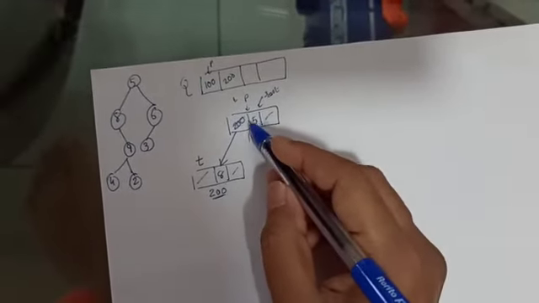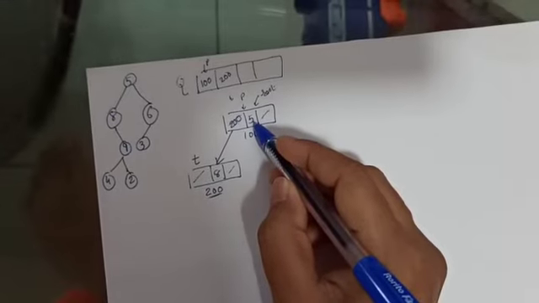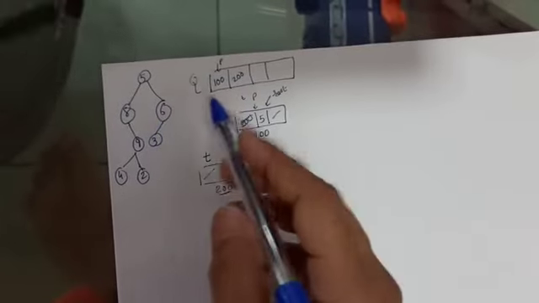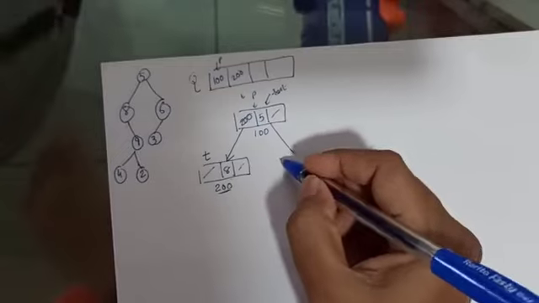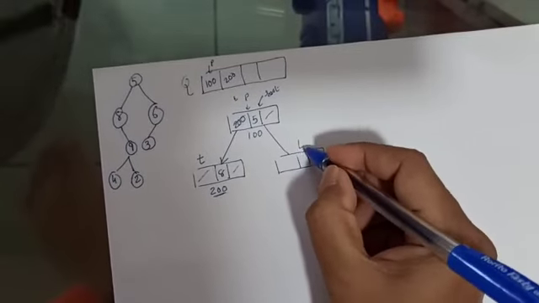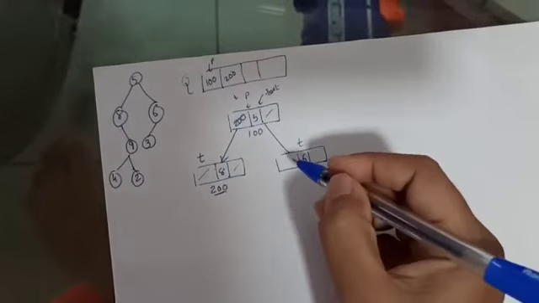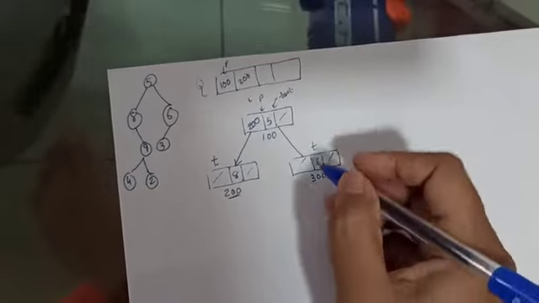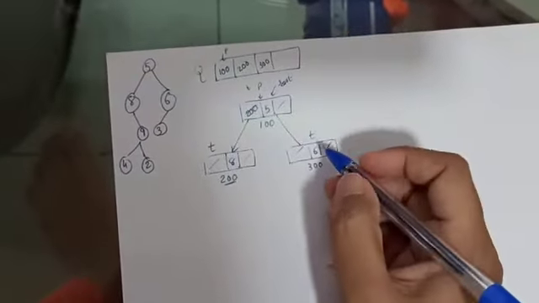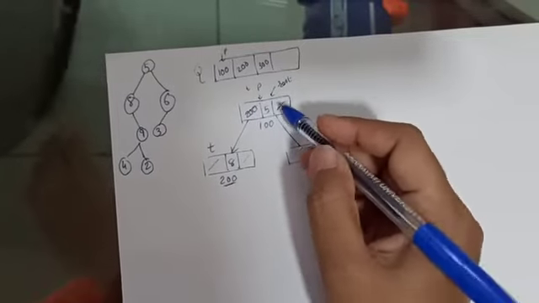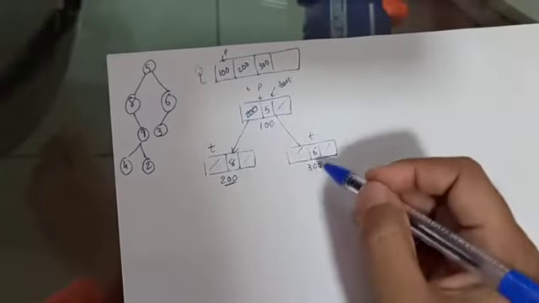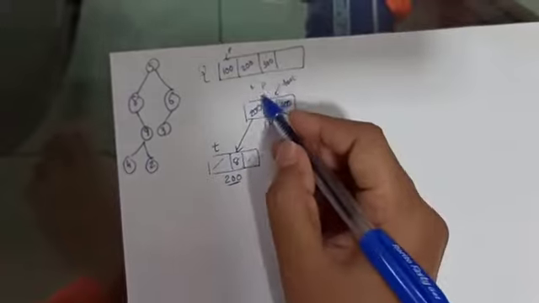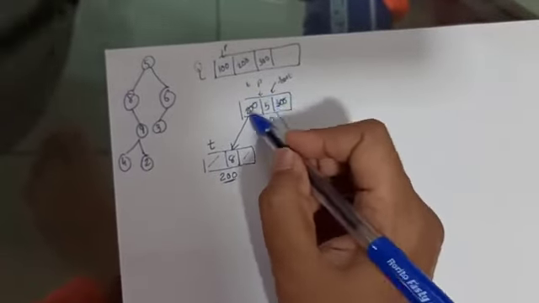Now we will ask whether this node has a right child or not. Just assume that this node has a right child. Here we have the right child of this 5. So again, take one node t, insert value 6, and set both links to null. This node must have some address, 300. Now store this address into the queue data structure. We have to set the right child address of this root node, so store this address 300 into this node. Now p is completed. We have processed this root node.